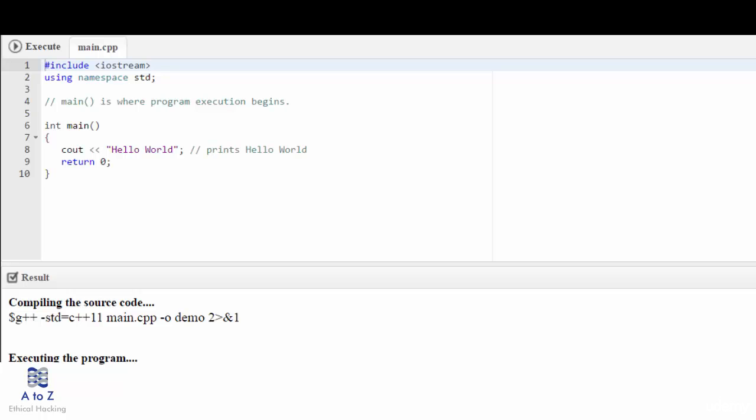This is a single line comment available in C++. Single line comments begin with forward slashes and stop at the end of the line. The line int main is the main function where program execution begins. The next line, cout << "This is my first C++ program", causes the message to be displayed on the screen. The next line, cout << "Hello world", causes the message to be displayed on the screen. The next line, return 0, terminates the main function and causes it to return the value 0 to the